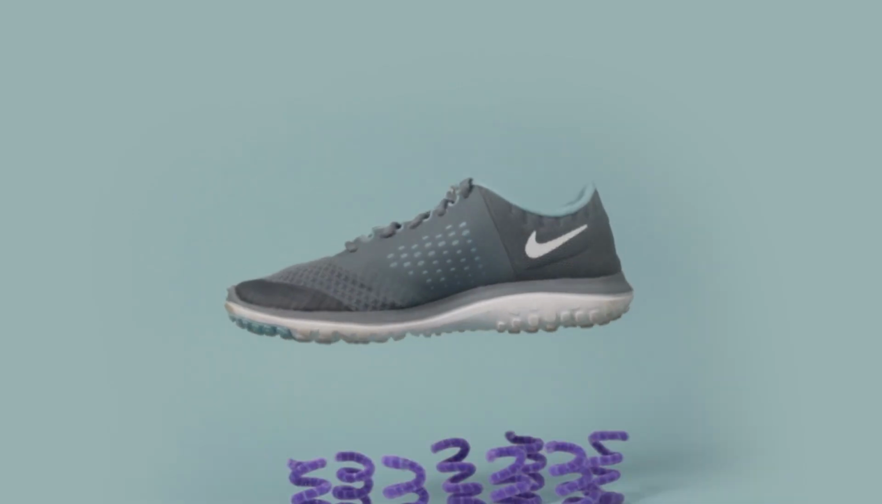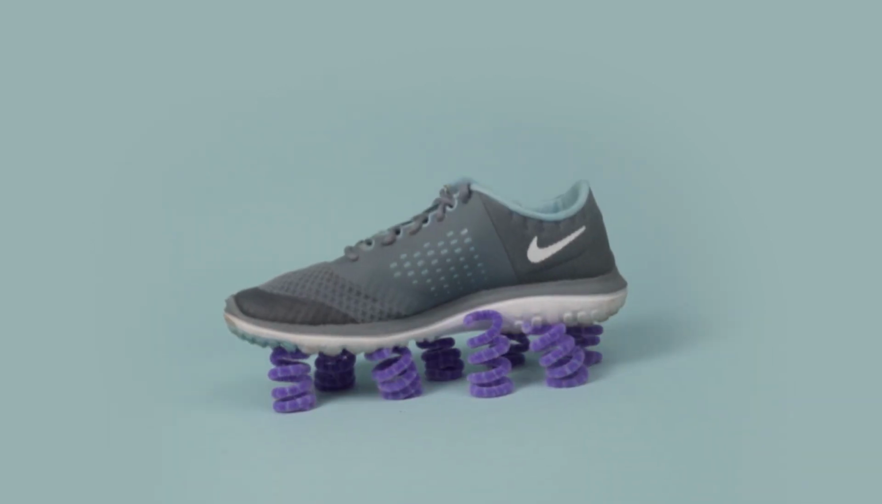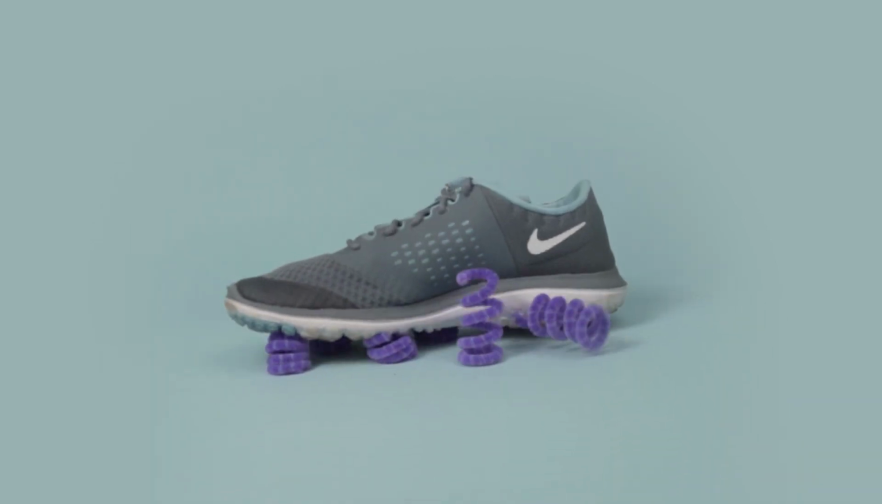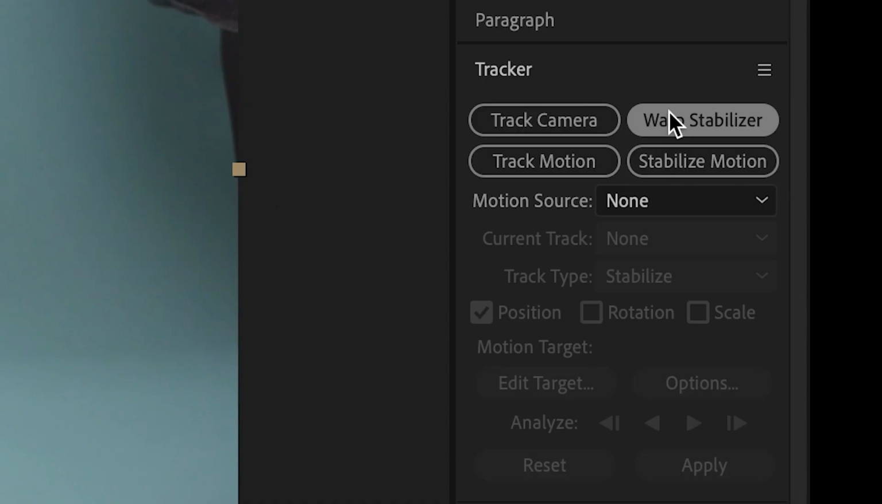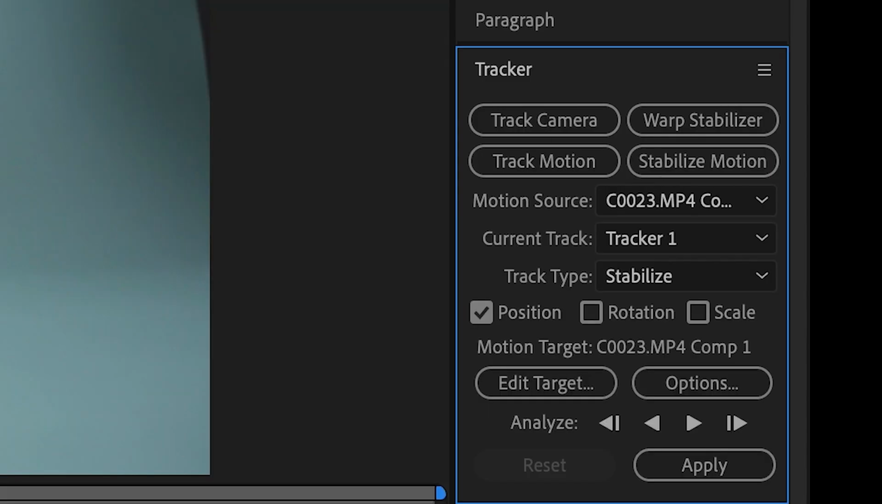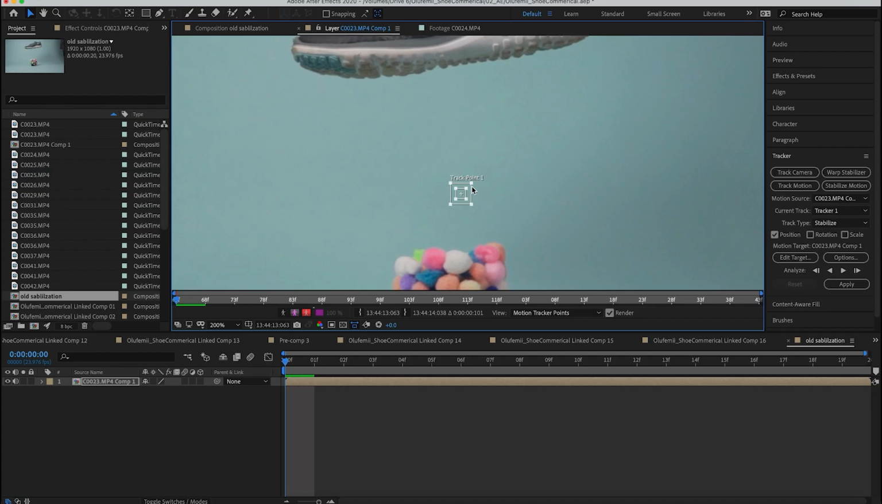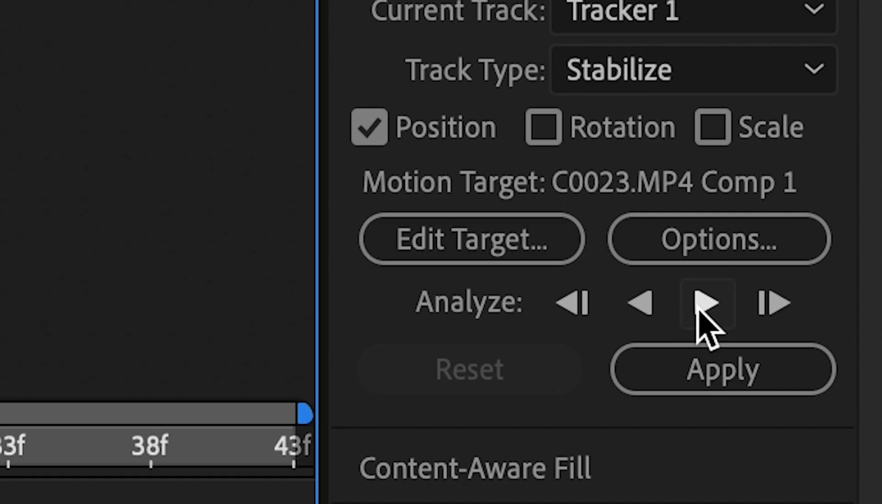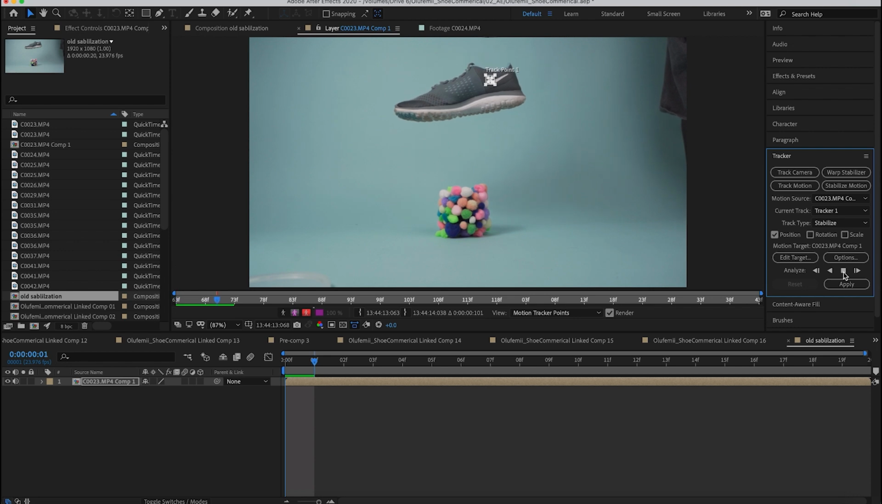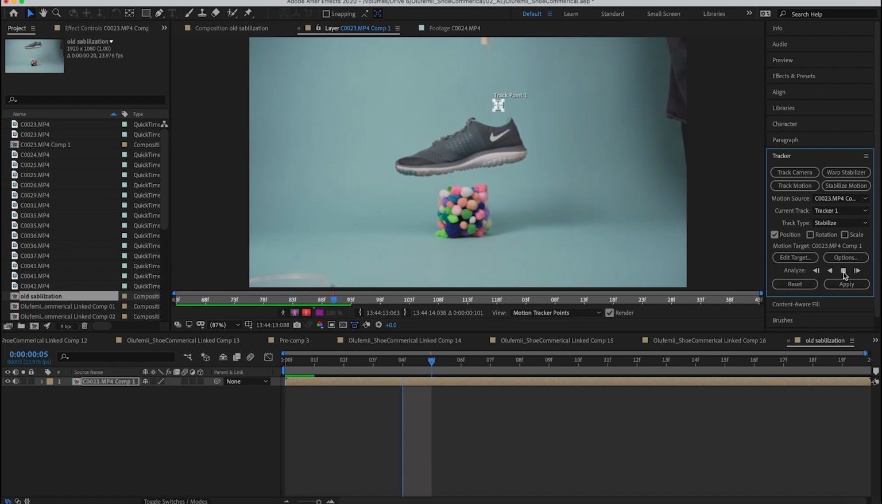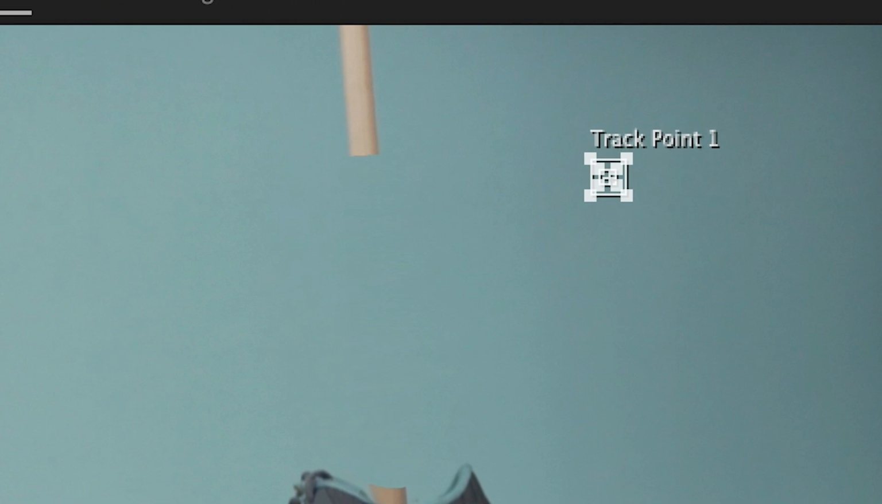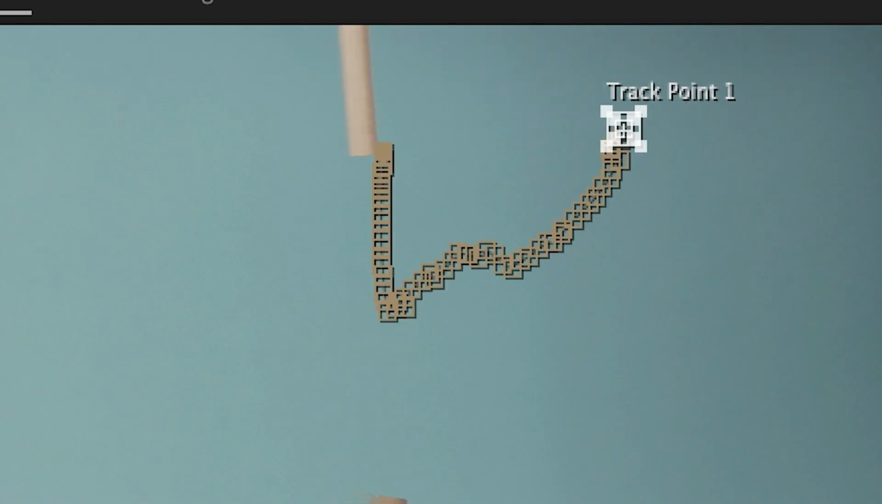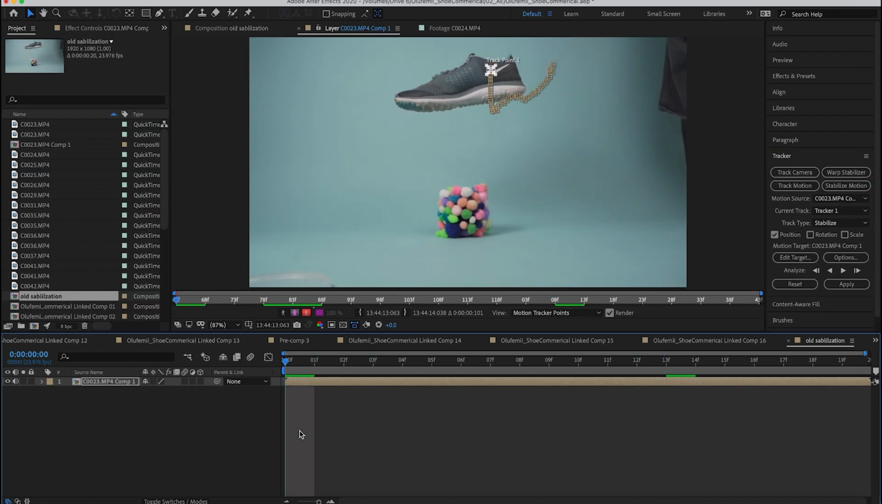Then I had to track the shoe so that it would be in the center of the frame the entire time. There's a way to do this more automatically, which is to use the Stabilize Motion button under the Tracker tab. Select a point, click play, and let it do its thing. But I was honestly having some jittery problems with the slow motion and tracking, so I decided to do this